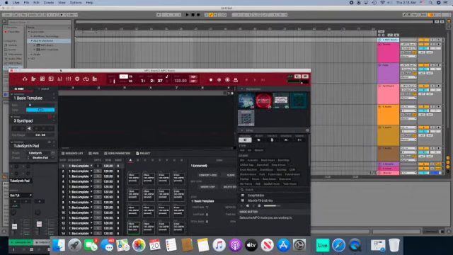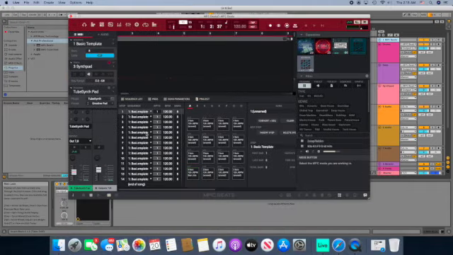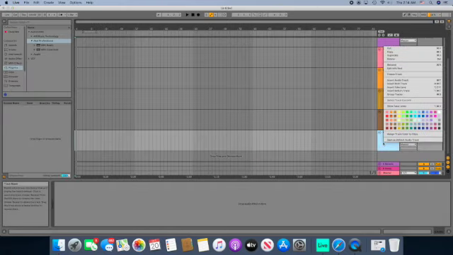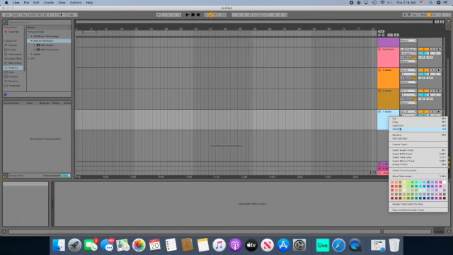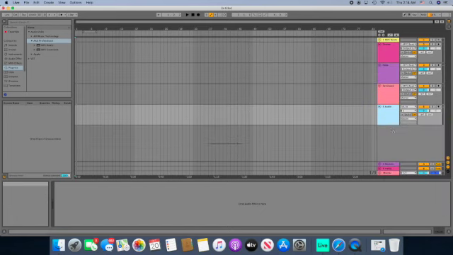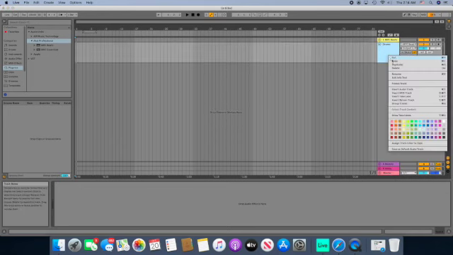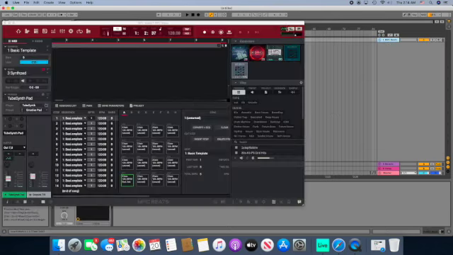What I'm about to show you is how to route tracks from MPC Beats to Ableton Live. What I have set up here is a track that I just worked on. I got it ready, and I'm pretty much ready to route it to Ableton. But I'm going to go ahead and delete these tracks because I want to show you guys from the beginning how to go about it. We'll delete that as well. Okay, so